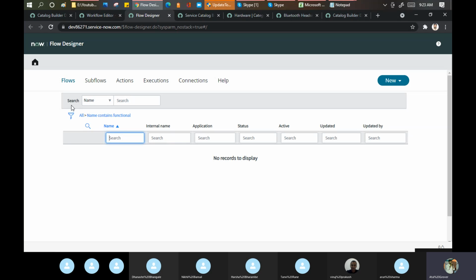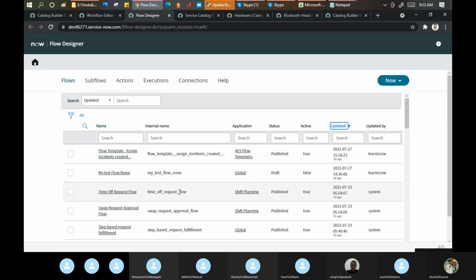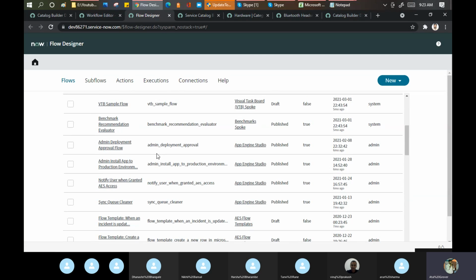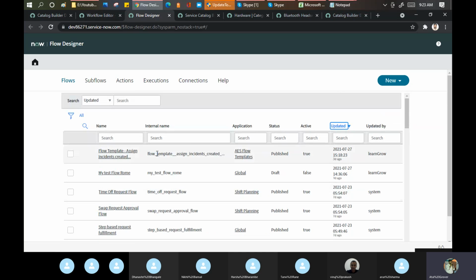Maybe are we looking at the wrong place or what? Let me see, updated here. System, this one is there. Flow, assign incident. Okay. Report, this thing. Maybe they did not migrate it or somehow. Let's not discuss that then. Let's come to the new one. What do you want to create?